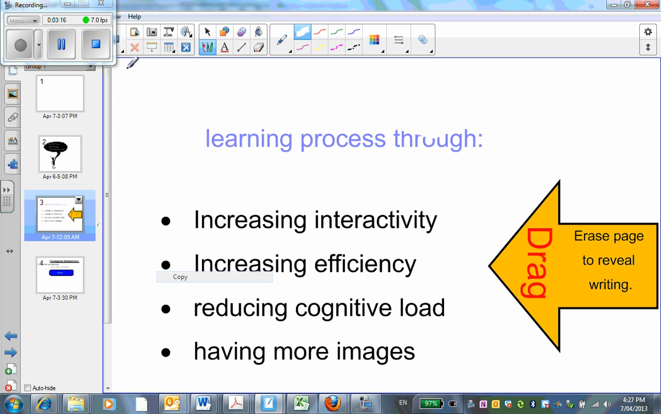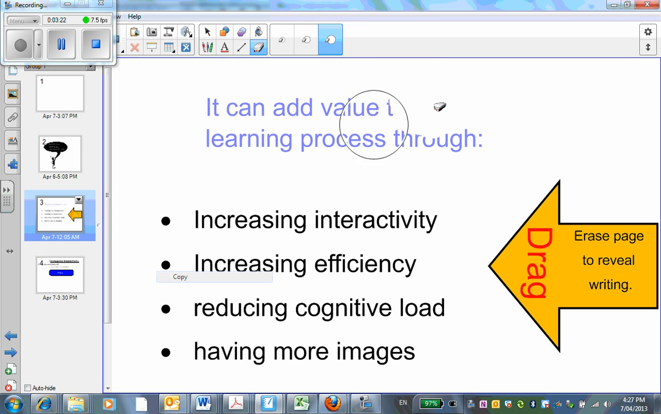So then when we actually get to this page, you push eraser, and then you're erasing the white. That makes the text appear. So that's one simple way to basically add interactivity to the smartboard. So you can actually have kids get up and actually erase it to reveal answers, or you as a teacher can do that. So if we go to the next page,